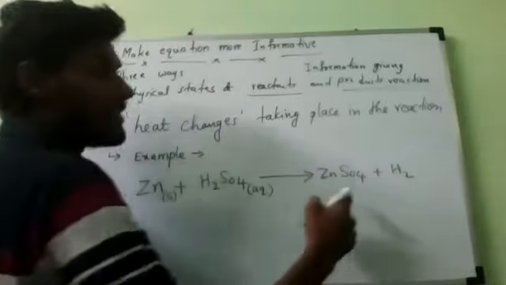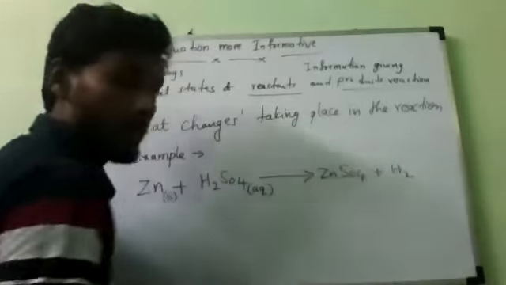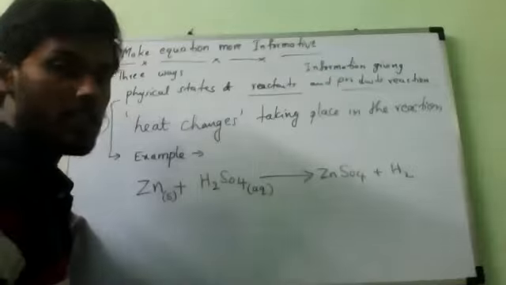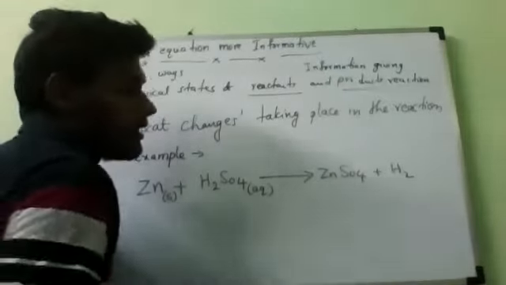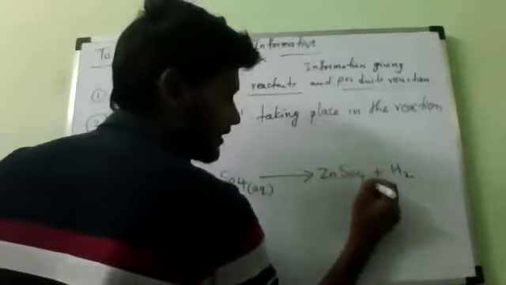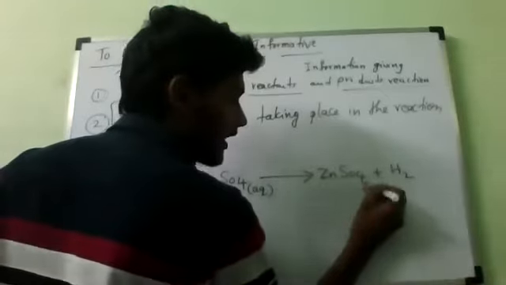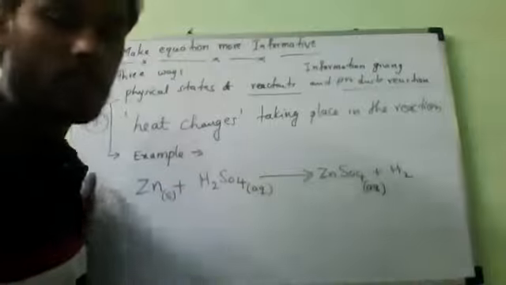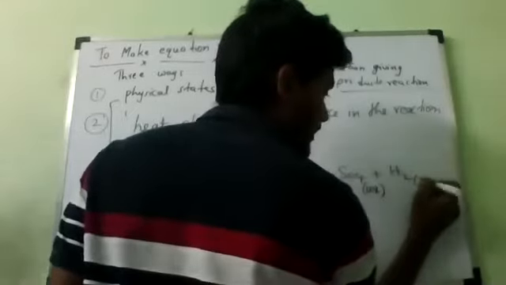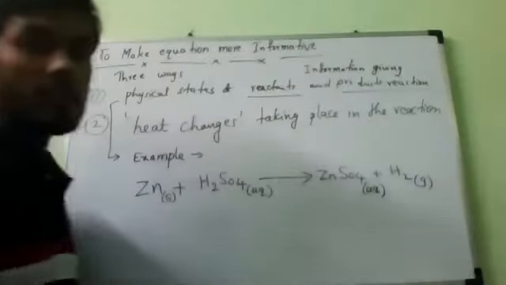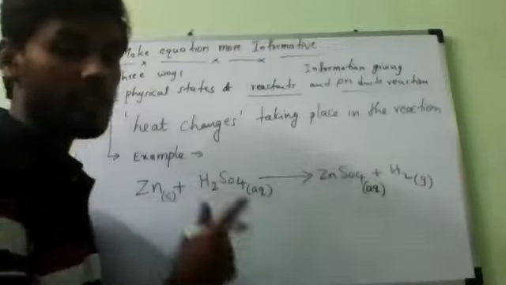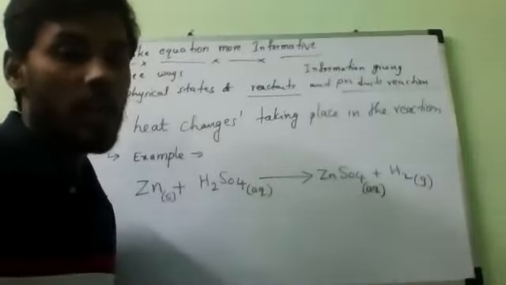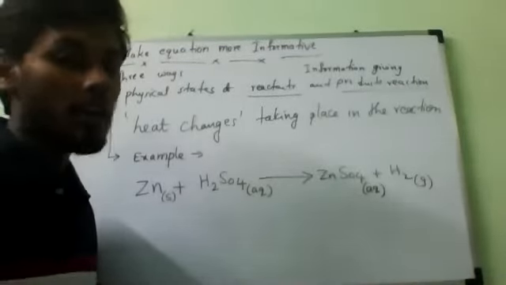As well as zinc sulfate, what is the state? It also looks like a liquid. So it is also which state? Aqueous state. And hydrogen gas. Gas means what is the symbol? G. So if you observe, this equation is more informative because it tells us the physical